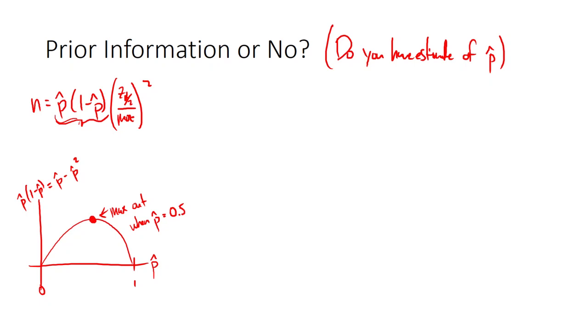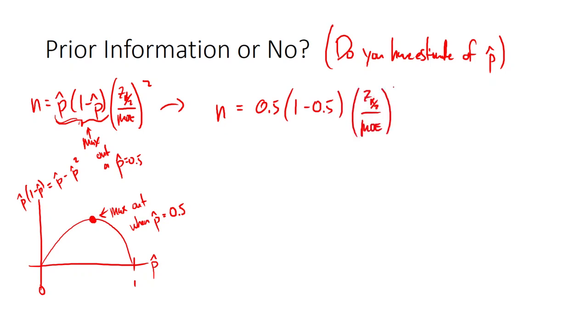So then what we can do is just use that as a maximum. This right here will also max out at p hat equals 50%. If we don't know what the proportion is going to be, like we don't have a preliminary sample, we could just go with the worst case scenario. The worst case scenario is we're dealing with a 50-50 population, and so we can just plug that in